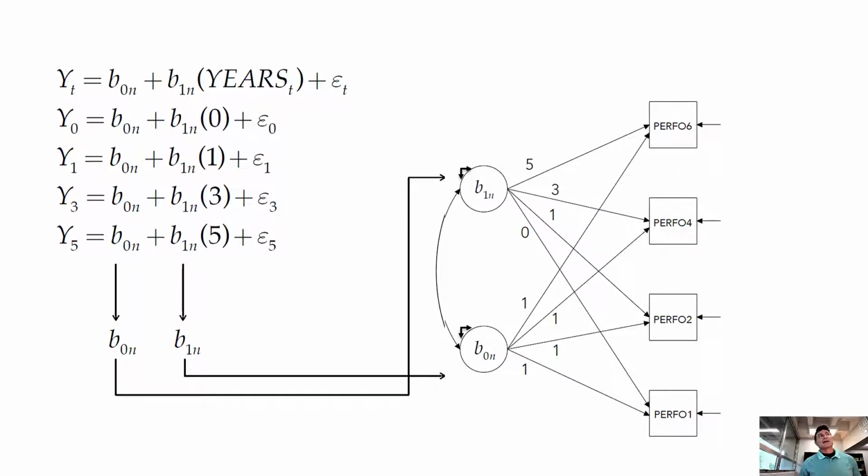But if I put the timing for this equation here, and instead of years, I'll just break it down. We have a time point where they're in first grade, which I'm labeling time point 0. I'm centering it to 0, so that is the intercept.